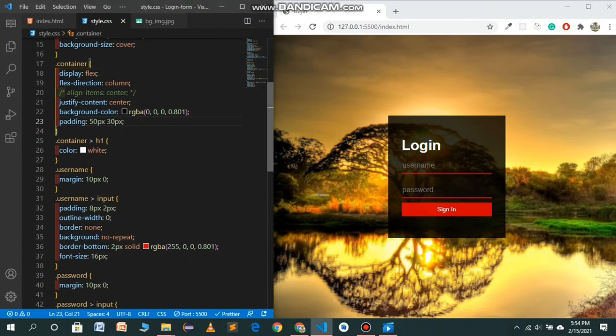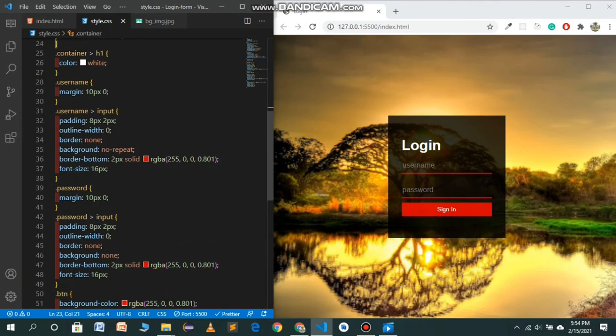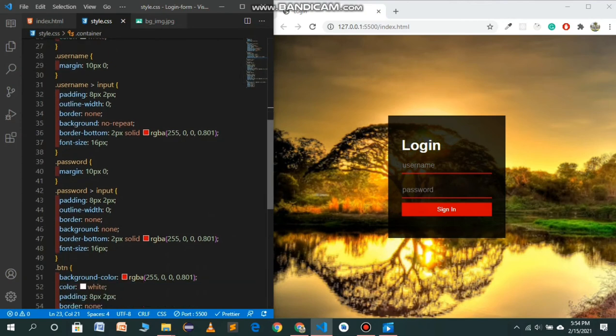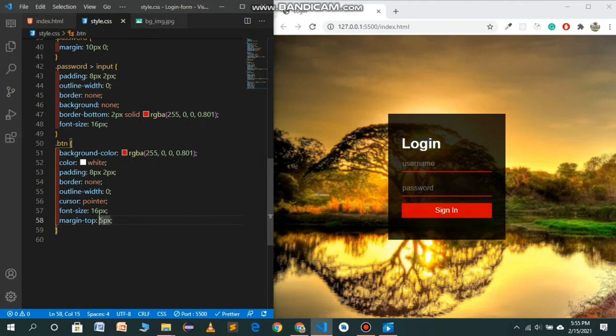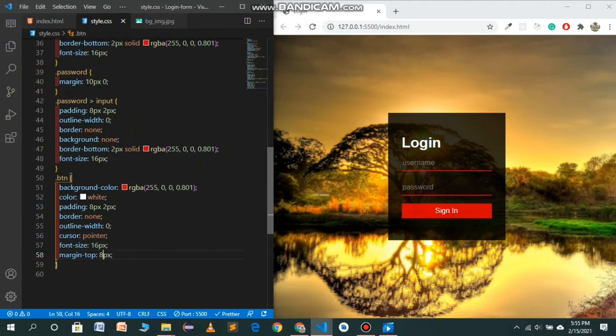For our input containers we have 16 pixel, and we have to give the same font size to our button, so it's looking nice. We have to give a margin top of maybe 5 pixel, let's see, or let's try 8 pixel. Now it's looking nice.